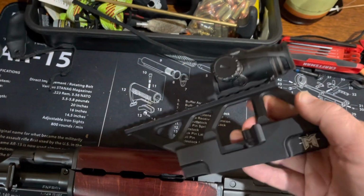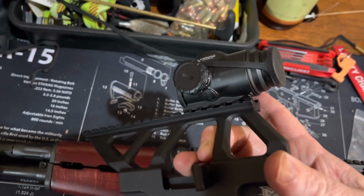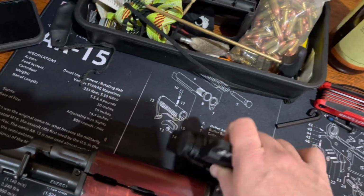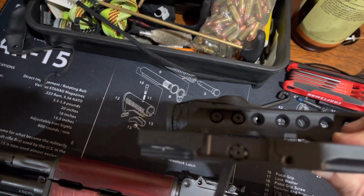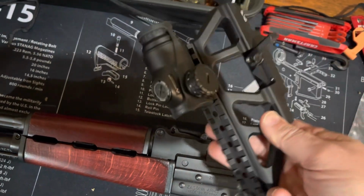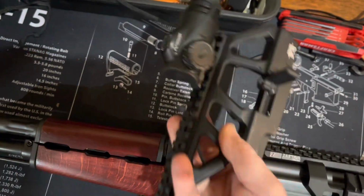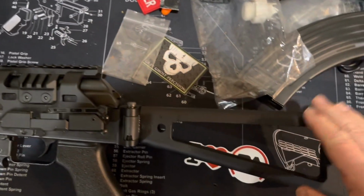issues that I had. What I really wanted to use was the AK master mount. The reason I like this master mount for my scope, my Primary Arms SLX 3X prism, is that it has an ACOG mount. What that means is that down at the bottom, it's got holes in the mount, so you can mount this optic directly to the mount without having to have a Picatinny rail adapter. It's got Picatinny rails, but also has these ACOG holes, and that gives you a little bit of a lower weld. And again, on the AK, I want to get lower